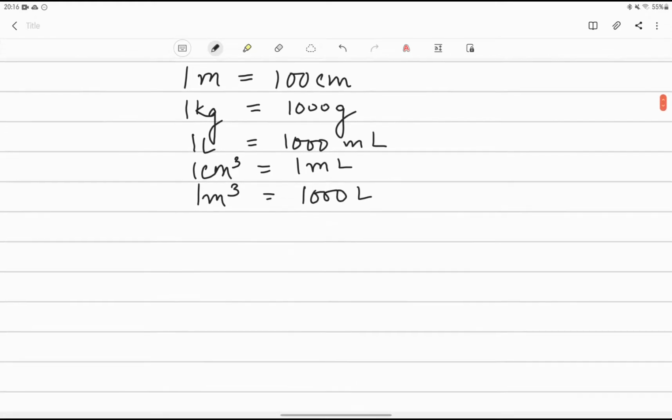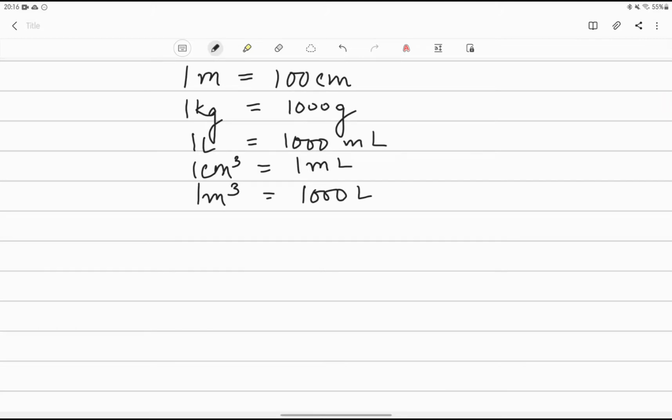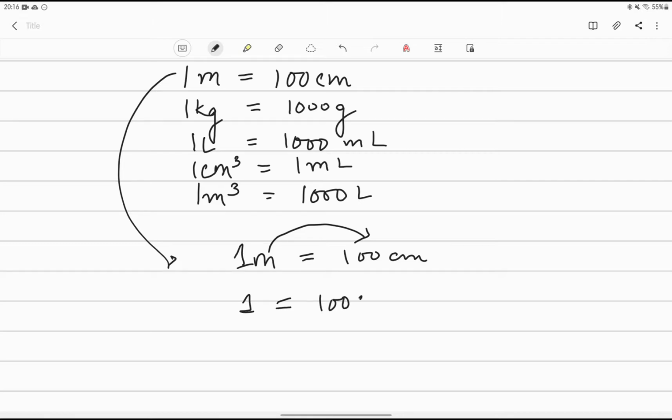Fine. So how is the unit factor method used? Just see here. Suppose I take 1 meter is equal to 100 centimeter. This can be written in another way. If I move this meter to this side, it will come in the division, because here 1 into meter means it is in multiplication form. When I change the side, it comes in division form. So it can be written as 100 centimeter by meter, or I can also write it as 1 is equal to meter by 100 centimeter. It can be written in both ways.